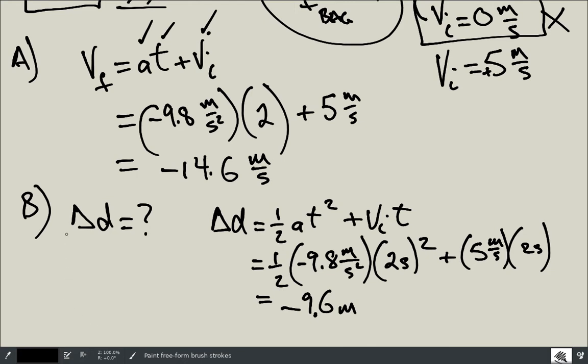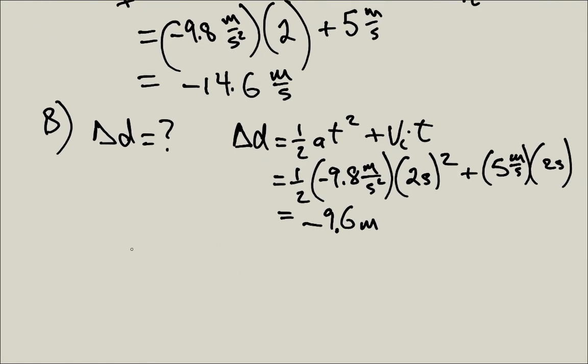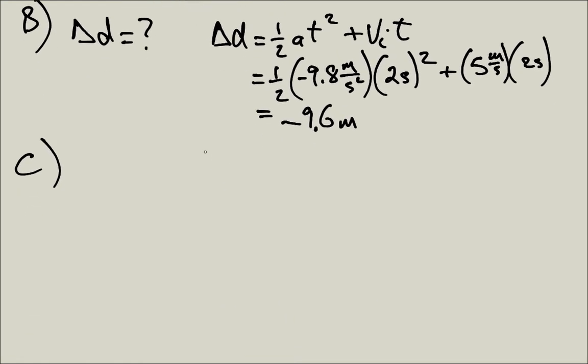And finally, part C. Part C is asking, how far below the helicopter is the bag? This is a good question. I like it. I have to draw a diagram in order to explain what's going on here. I can't do this without drawing a diagram. So the helicopter is traveling up at 5 meters per second, and it's traveling at a constant speed,